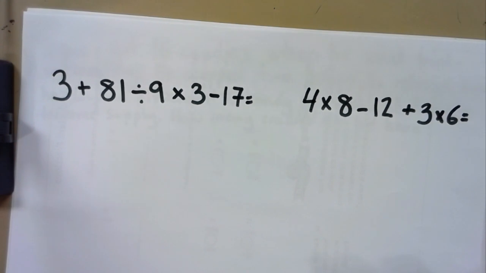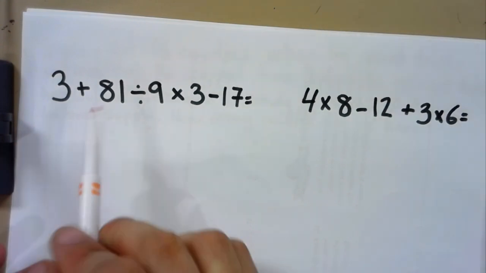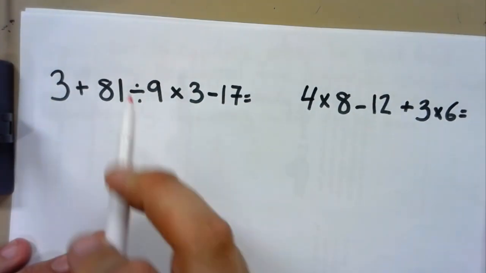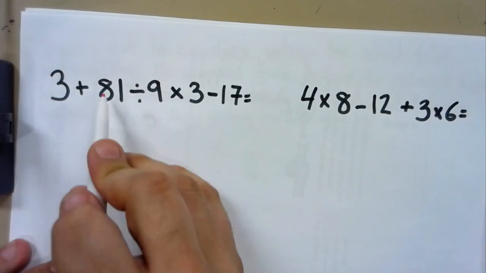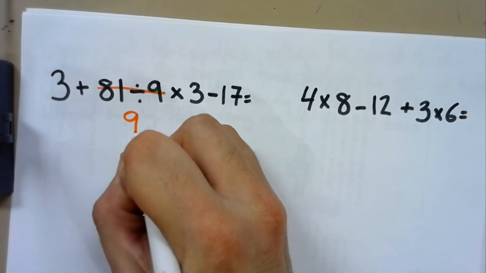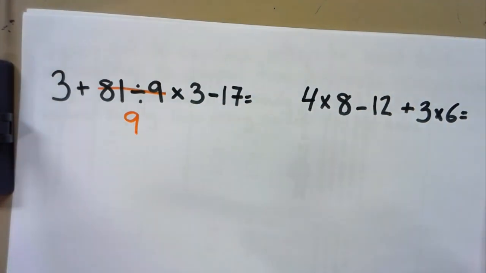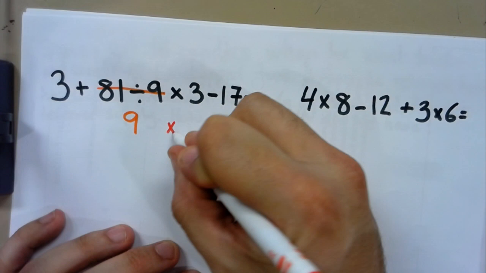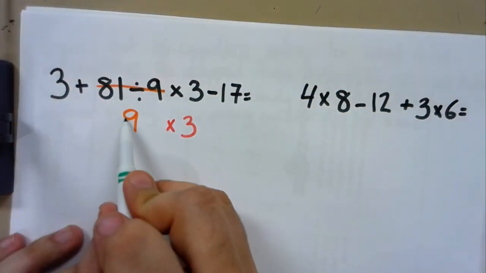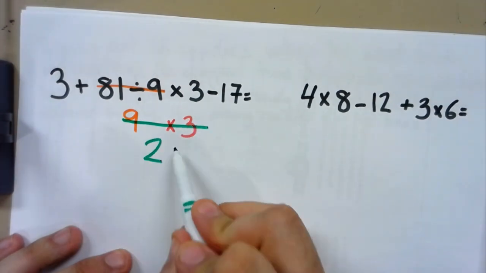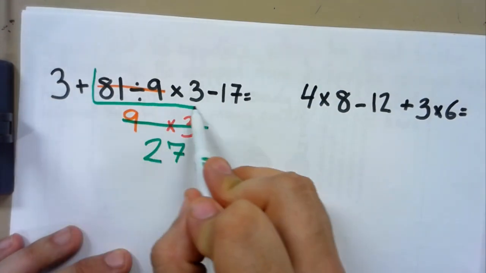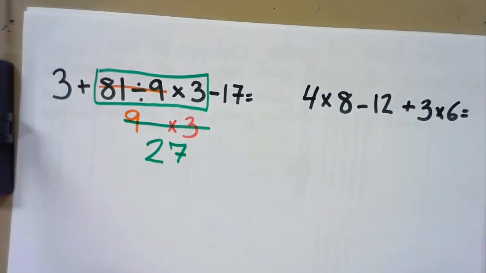We're getting a little bit more complicated now. So I see right over here, I've got a lot of my grouping operations, division and multiplication. So I go left to right. 81 divided by 9 is 9. And now I still have to do 9 times 3 because that's another grouping operation. 9 times 3 is 27. So I just took care of 81 divided by 9 times 3, and I was able to restate that